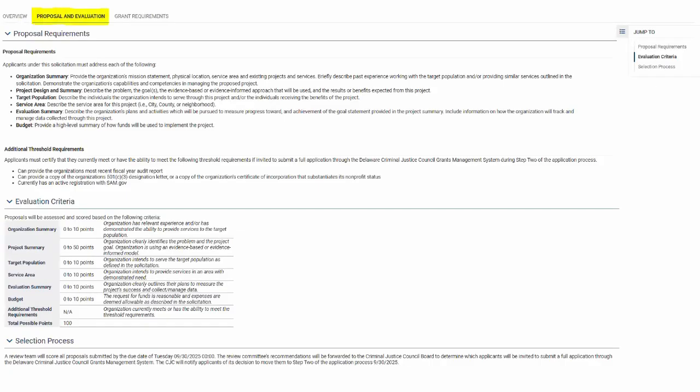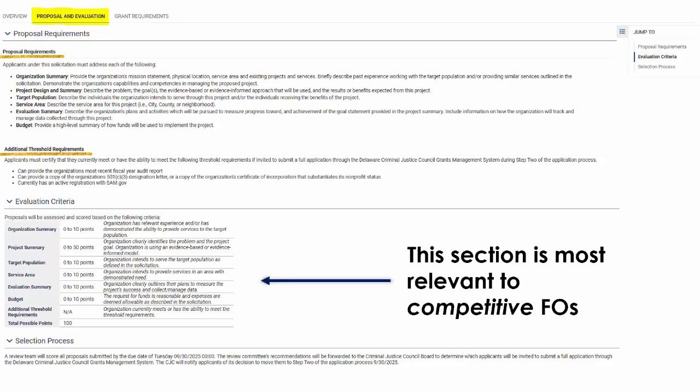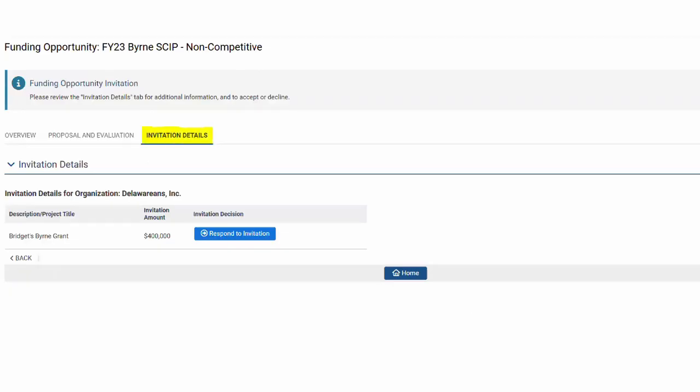In the Proposal and Evaluation tab, this section lays out the proposal requirements of the FO, including additional threshold requirements. The section on the bottom half of the page is most relevant to competitive funding opportunities. It tells you how many points are allocated to each section when reviewers go in to score proposals. In the Invitation Details tab section,